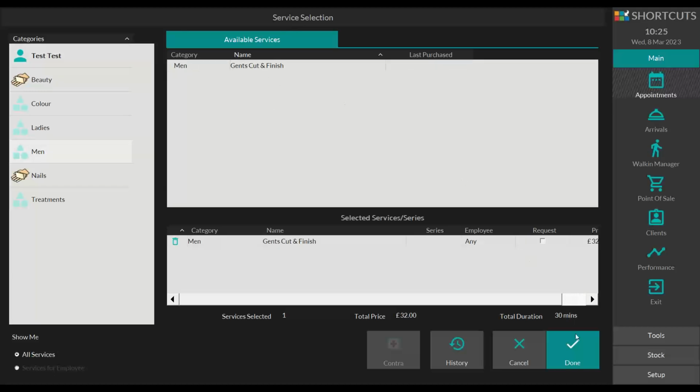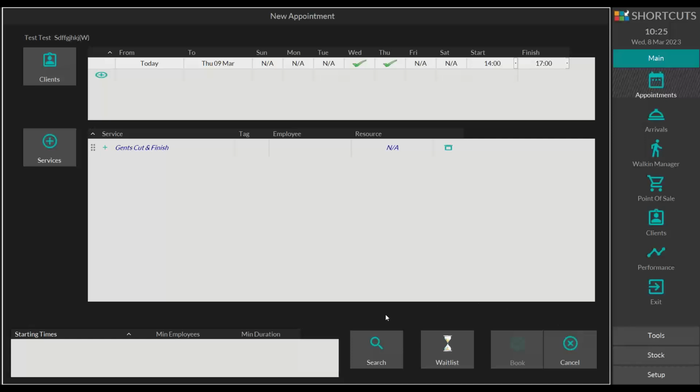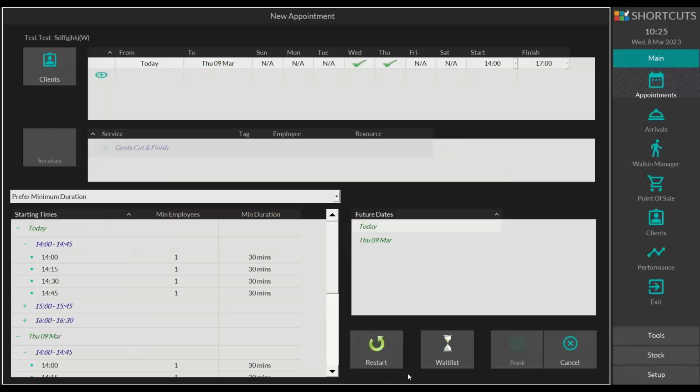So we select that and then we click done. And then all we do is we click search down the bottom of our screen here. And on the left-hand side, you'll notice it has given me all of those appointment slots. So rather than us having to manually work each one out and say, yes, we've got a 2, we've got a 2:15, we've got a 2:30, we are using the shortcut system to show us all of those available time